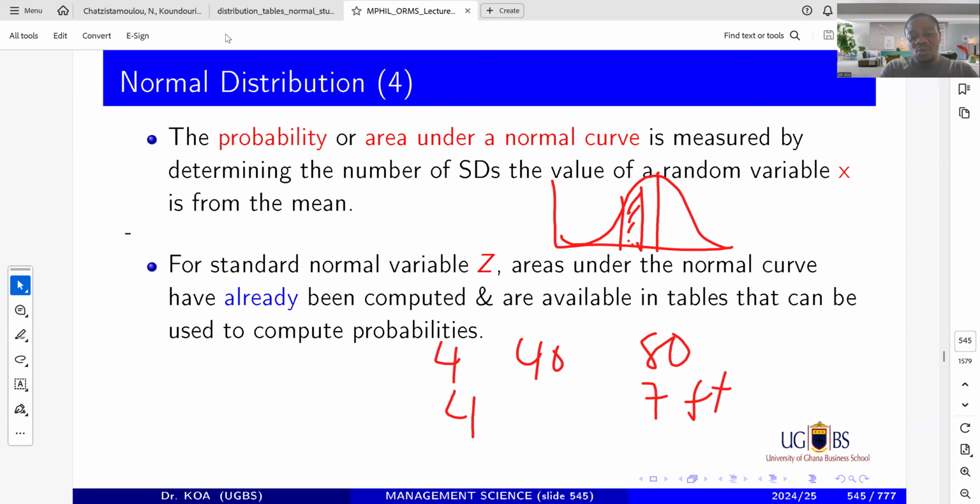And then you have weight. A person can be weighing between 60 to 100, depending on whether you're dealing with kilograms or what. So you can see that the units of measurement are different. Now, if you want to actually compare these things, they are all in different units of measurement. You can't say that, oh, my height is better than your weight. No. You can't compare that. They are not standardized.